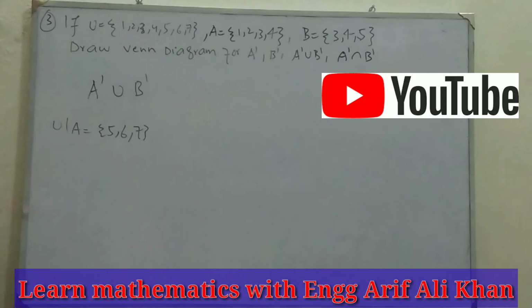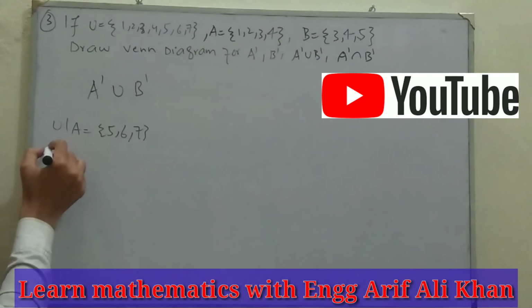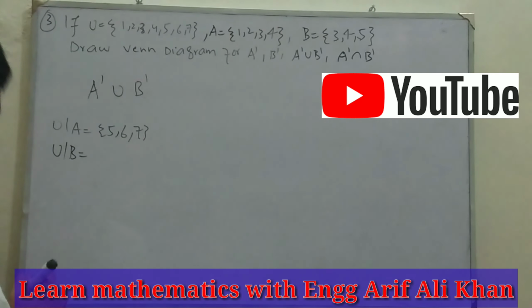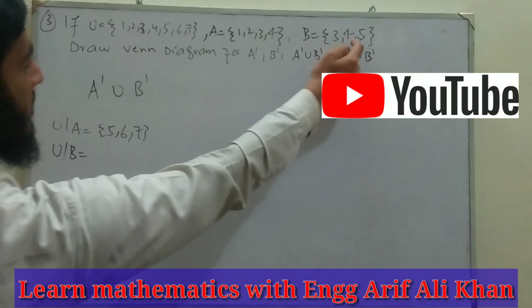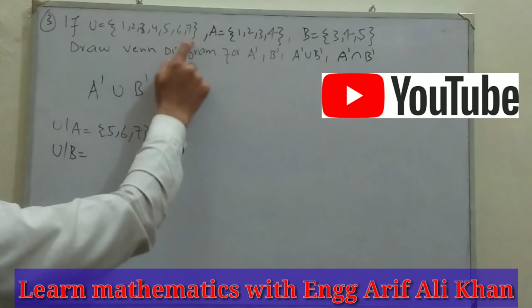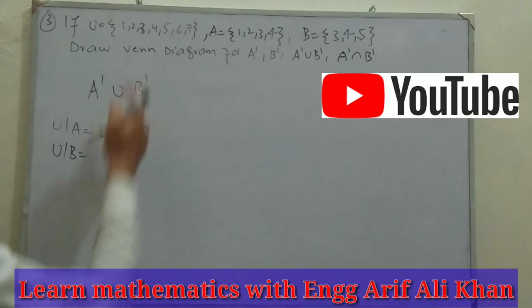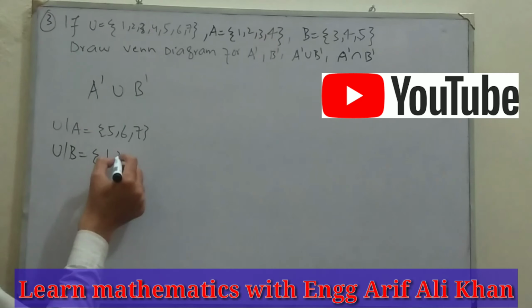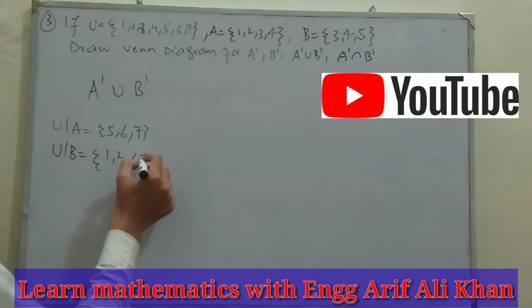Now we are going to find B complement, because B complement is equal to U minus B according to the definition of complement. So all elements included in the universal set and not included in the B set will be our difference. So 1, 2 and 6, 7 is our result. 1, 2, 3, 4, 5 is not the result. It is 1, 2, 6 and 7.